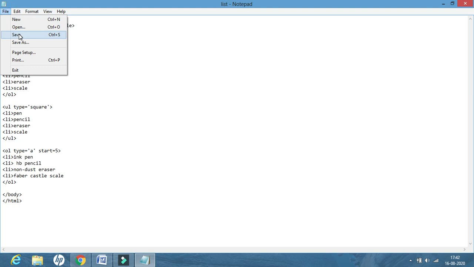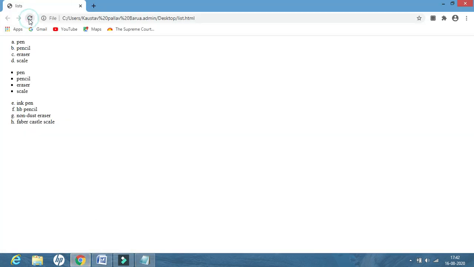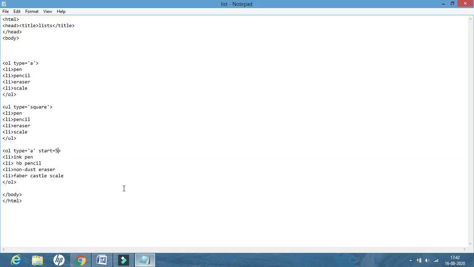Let us click on file, save, and see the change, and see it is displayed as EFGH. Now for this list, if I want to write start here, start will not work. Why?